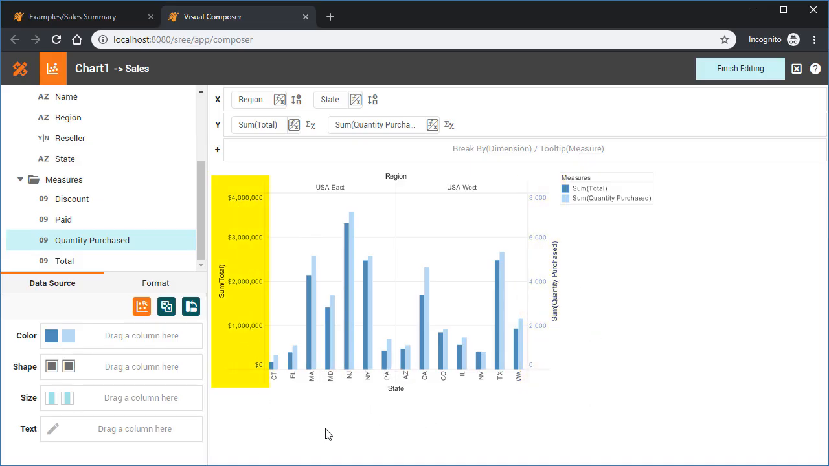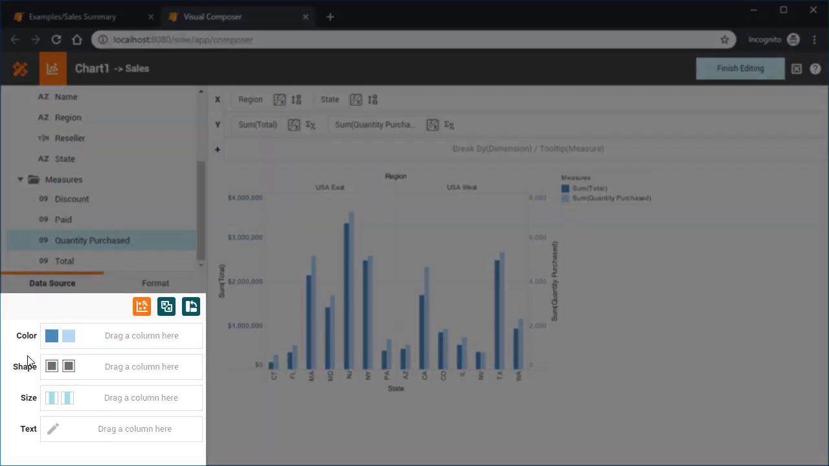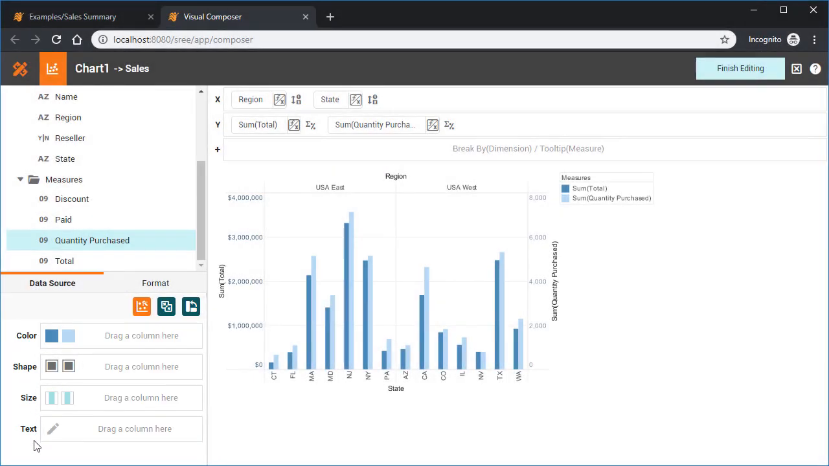In addition to putting dimensions and measures into the X and Y regions to display them against the X and Y axes, you can also place dimensions and measures into one of the visual areas, color, shape, size, or text, in the bottom left panel. For example, instead of displaying the summed quantity purchased against an axis,